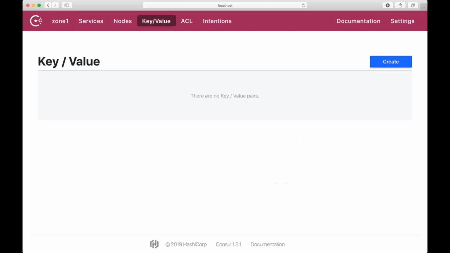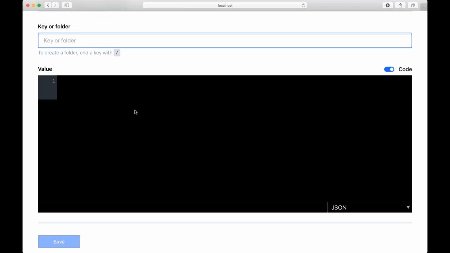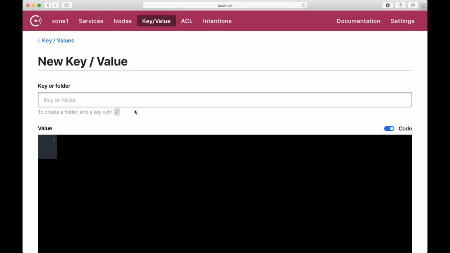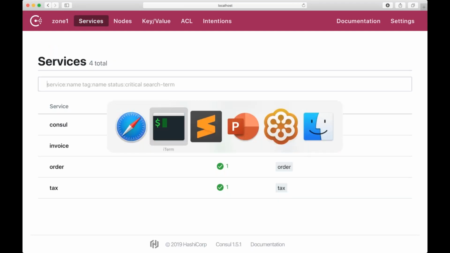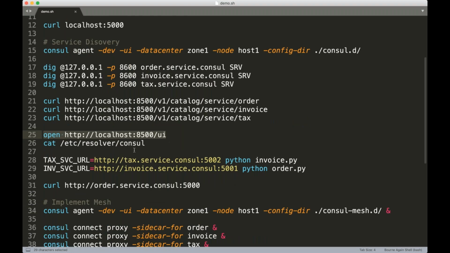You can also have key value pairs. You can actually create an arbitrary key value pair. There is a limit to how big the JSON document could be, but you can have any number of key value pairs stored in memory that you can query programmatically from your services. Phenomenal. So that is the first part where we are using Consul for